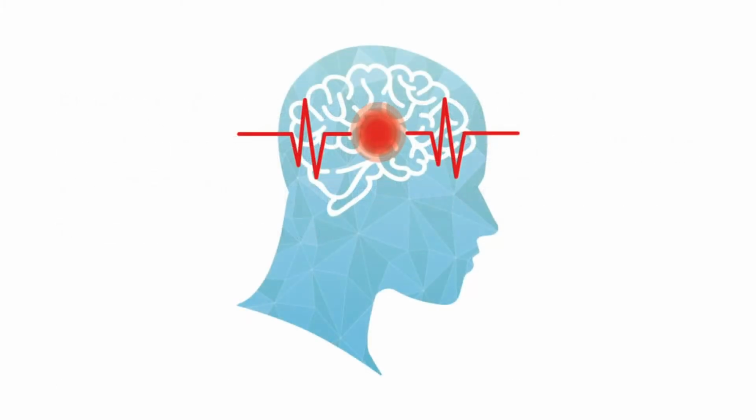A stroke occurs when a blood vessel that carries oxygen and nutrients to the brain is either blocked by a clot or burst. When that happens, part of the brain cannot get the blood it needs, so it and brain cells die. Symptoms of stroke include trouble walking, speaking, and understanding, as well as paralysis or numbness of the face,